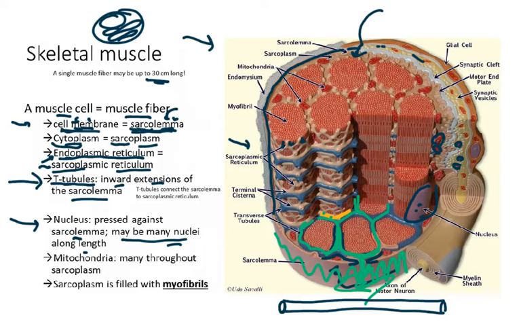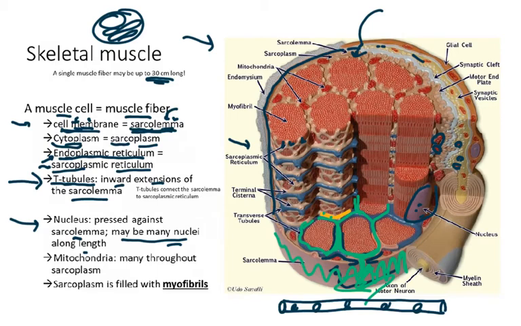So they can be the length of one of the long bones of your body in order to be long enough to be that muscle. Because the cells are so long, it makes sense that there might need to be more than one nucleus along the length. The nucleus is important because remember it has all that genetic material that allows the cell to